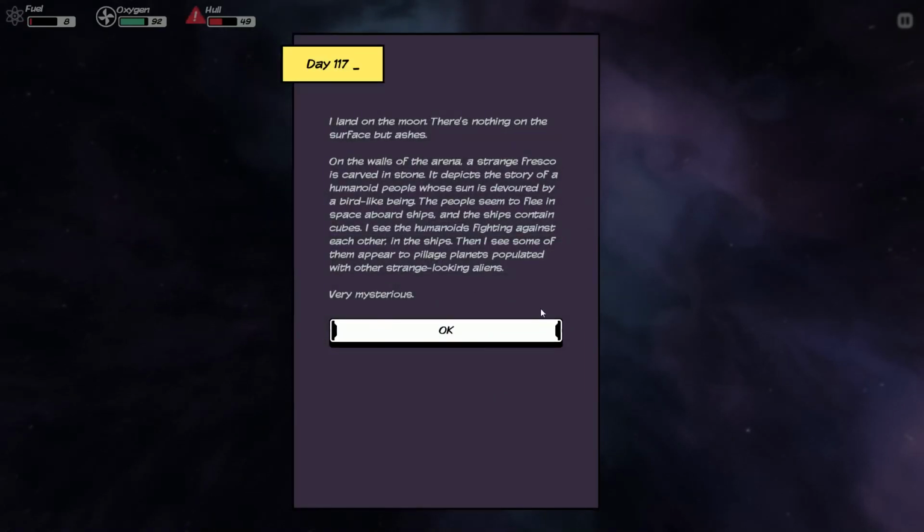There's nothing on the surface but ashes. On the walls of the arena, a strange fresco is carved in stone. It depicts the story of a humanoid people whose son is devoured by a bird-like being. The people seem to...